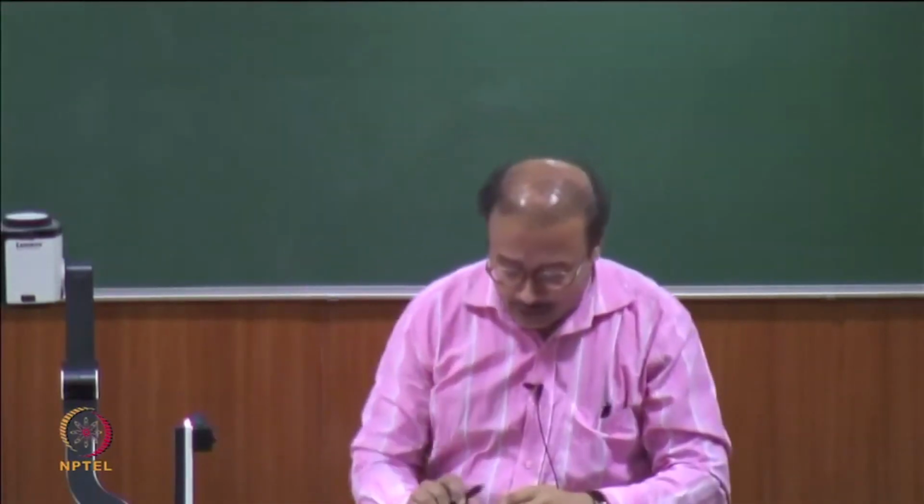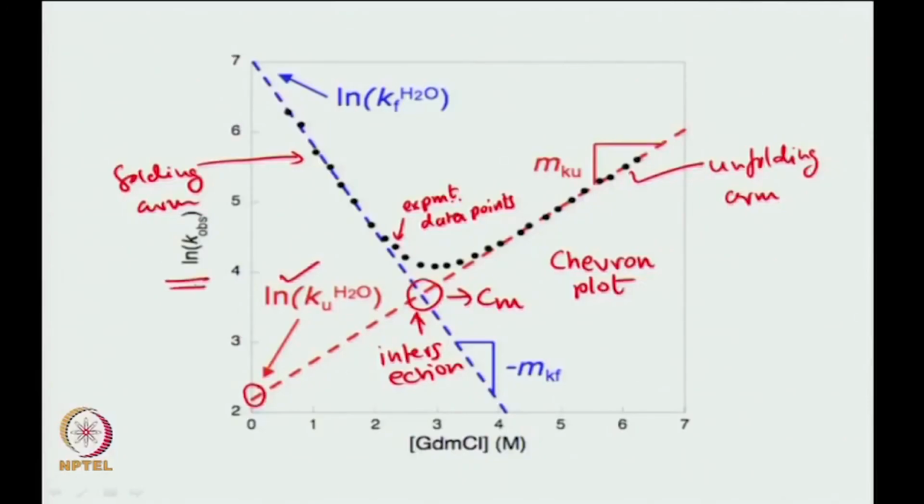Second point is, you look at this x axis, what is it? It is not ln K or ln Kf, what is it? It is ln K observed. Do you know what K observed is equal to here? There has to be a relation between K and Kf, right, otherwise you will not be able to use this. Now, let us try to figure that out. That is the next